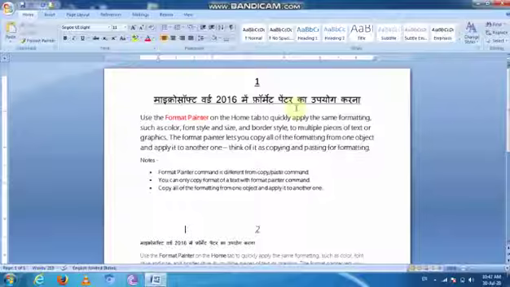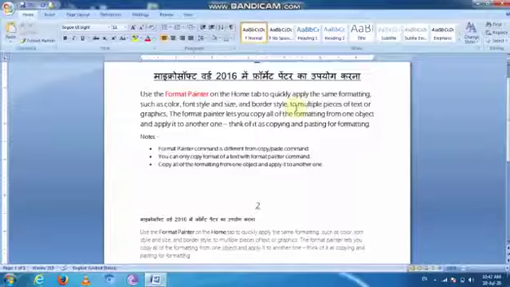Today we are going to perform format painter practicals on computers using Microsoft Word. In Microsoft Word, an available feature is the format painter tool. The format painter tool is used to copy a text format and apply it to another text format. You can see this on the computers.